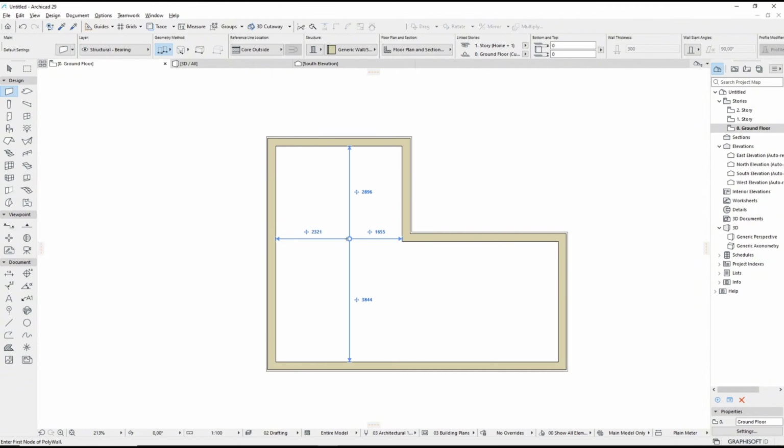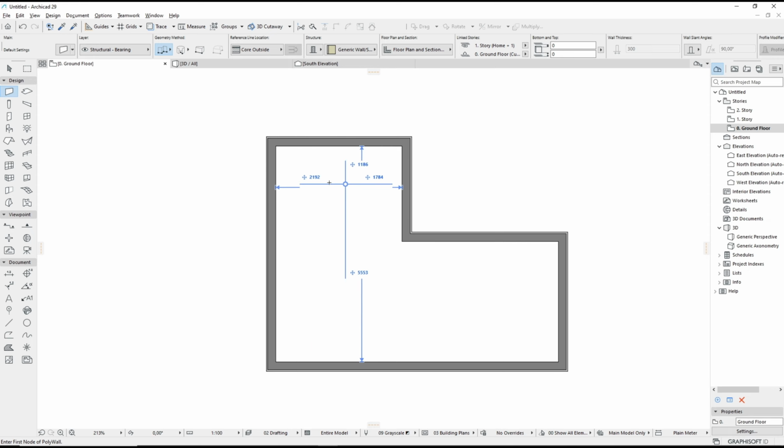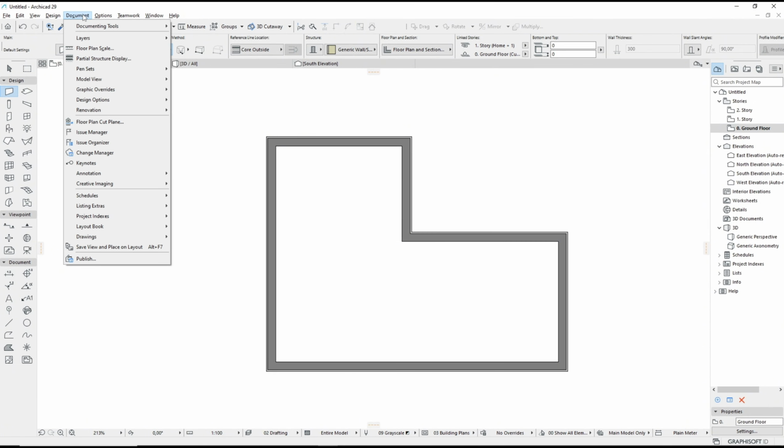And if you want to make these walls black, you can go to the Document menu, click Pen Set, and then choose Grayscale, so it is set to black and white. If you want to go back to the default, you can go to Document, Pen Sets, and then you can choose